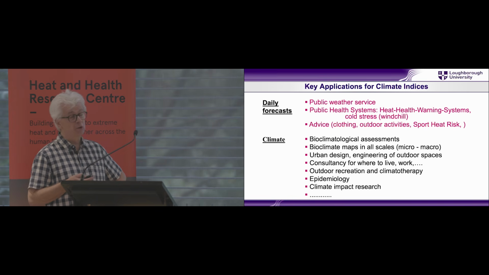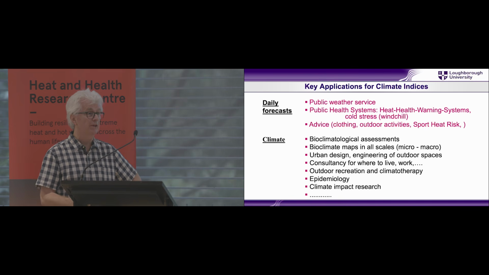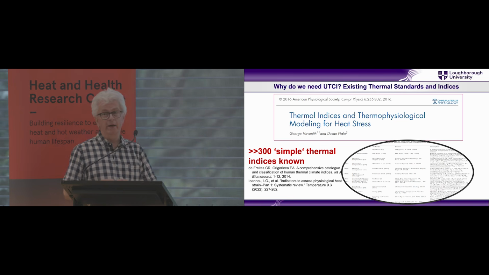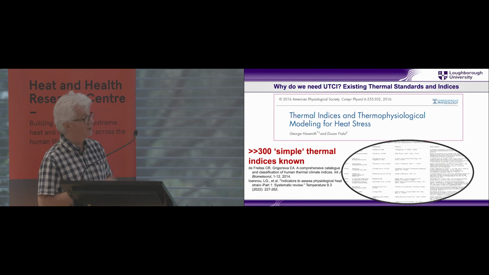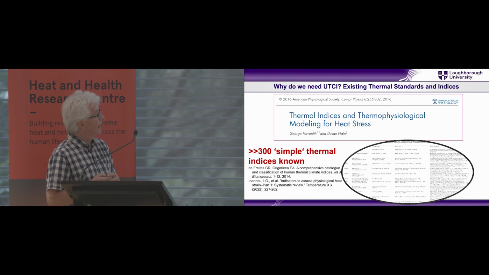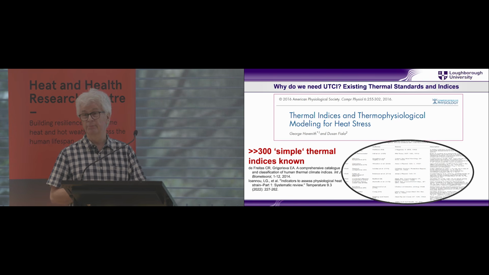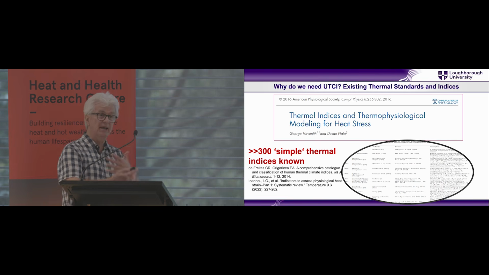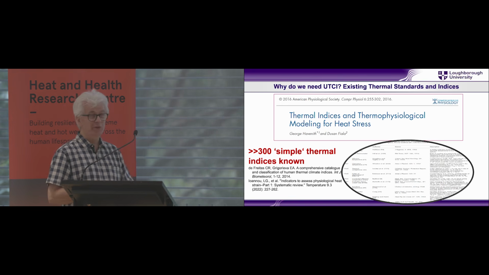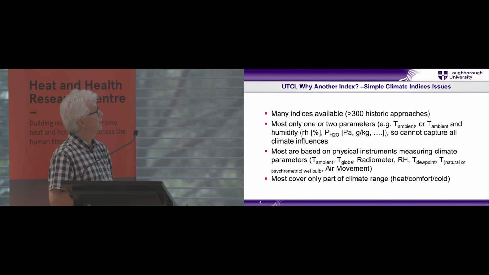So when we started looking at this, why do we need UTCI? When we started this, it was really the question, why another one? If you look at some of the reviews, I did a review in 2016 and discussed a number of these, but there are further reviews by De Freitas and Ioannou. There are more than 300 thermal indices if you dig in the literature. Some have been published once and then disappeared immediately. Some gained some traction, and some gained traction in different parts of the world. So if there are 300 there, why do you need another one? That's what I really want to talk about in the first part.